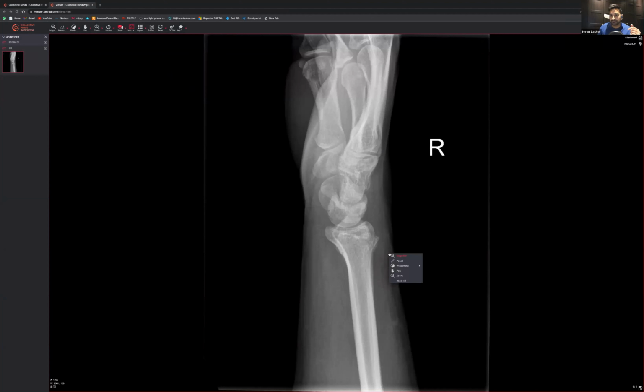So let's have a look at this one. We can hopefully get through this one fairly quickly. This is a lateral view of the wrist, and we're going along like so. First off, what I try to do is make sure I draw around whichever bone I think is which. You can see that this is probably the ulna because it's got that Smurf hat at the top of it, and the more flat one is going to be the radius. So if that's the radius, you've got to look closely.